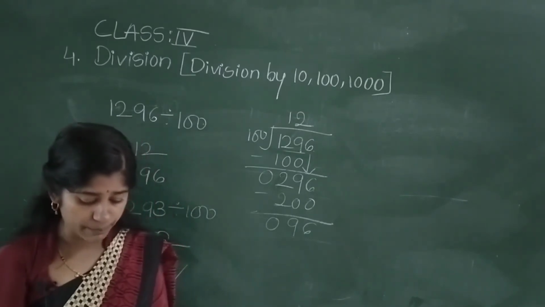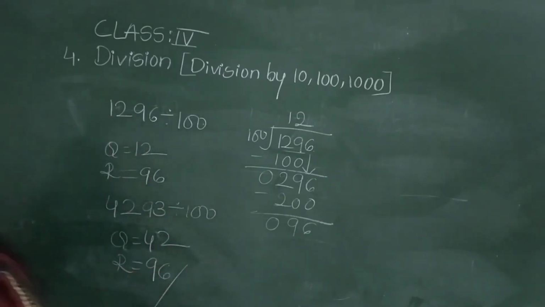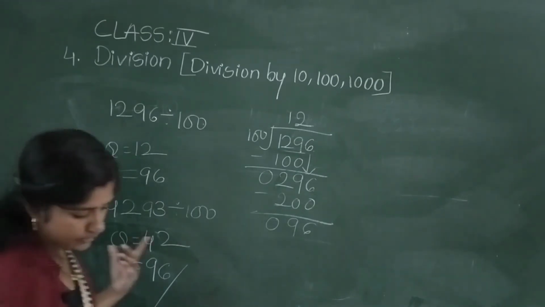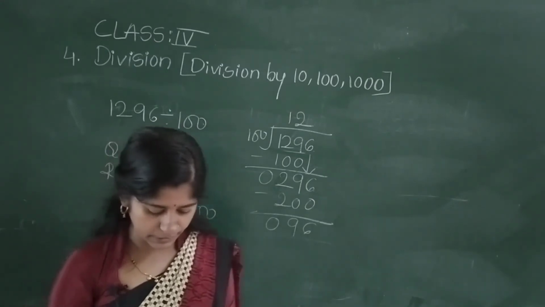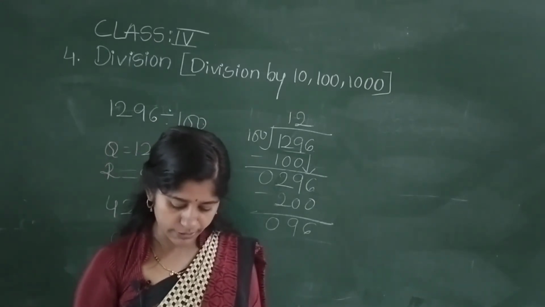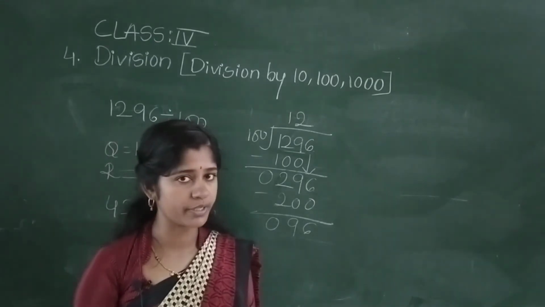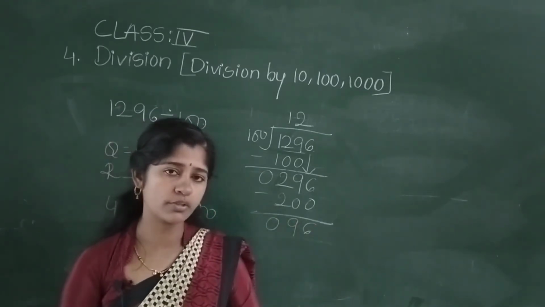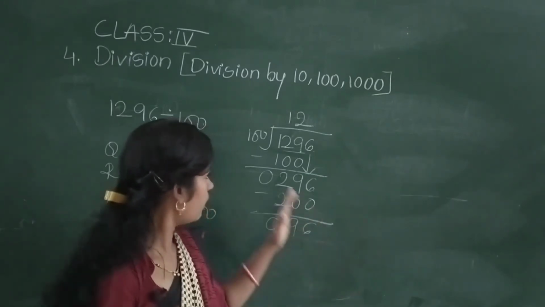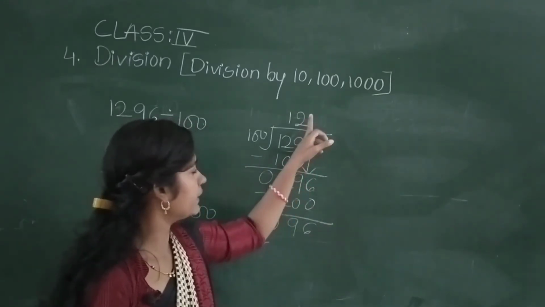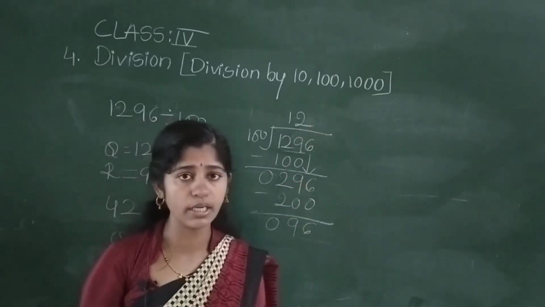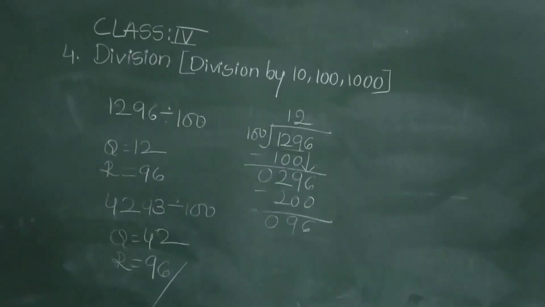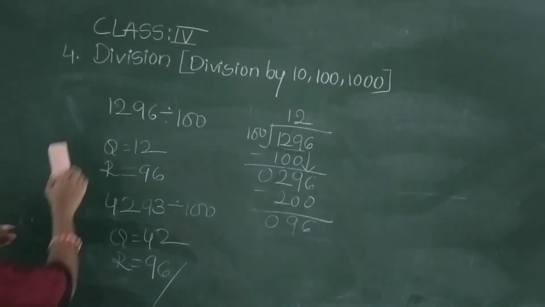So this type you need to solve the examples. Dear students, My Practice Time 3 is there. Here I have solved most of the examples from your textbook. See, a few more examples are there. Here total 10 are there. Among them I have solved most of the examples. If you don't know this trick, then you can solve directly. Write here what is the quotient and what is the remainder. I hope this is clear. Let us take one more example.